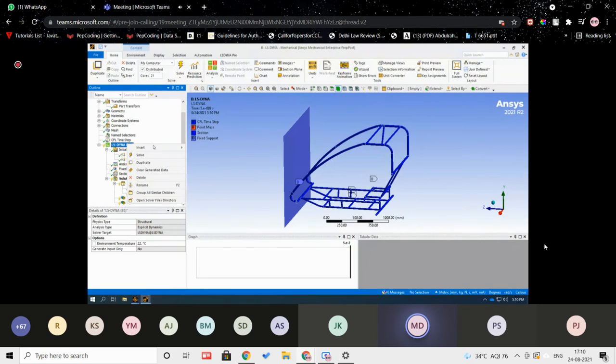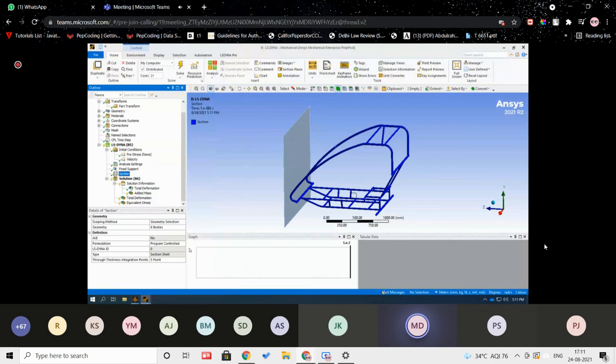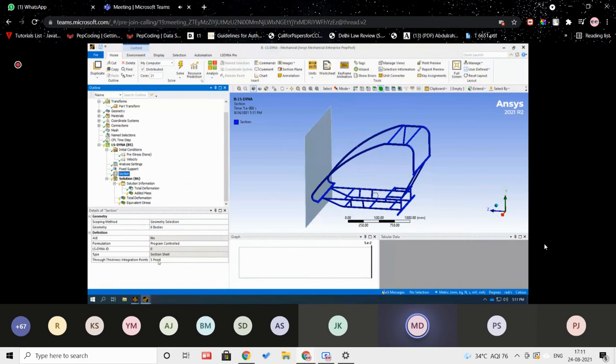From the LS-DYNA window, you can put the section, and in this section you can define how many integration points you want along the thickness. So this is your integration point. Here you have from 0.1 to 0.9, and you are using 0.5. Why I am using 0.5, I will explain in the next slide, after this demo.